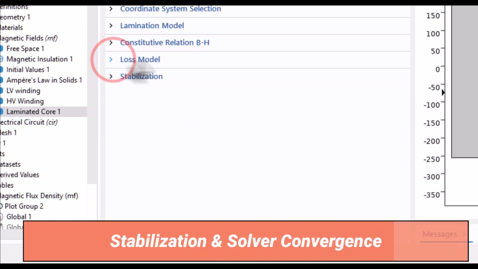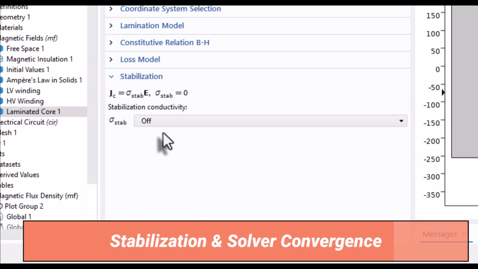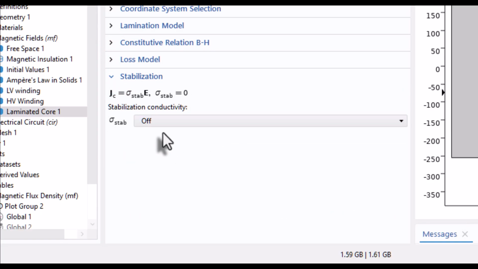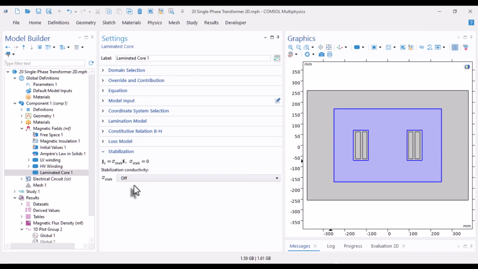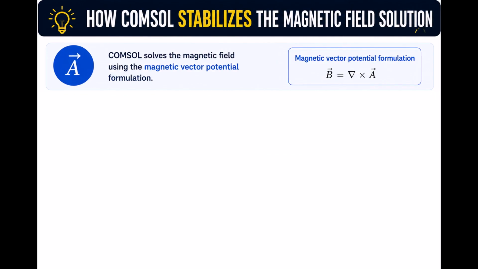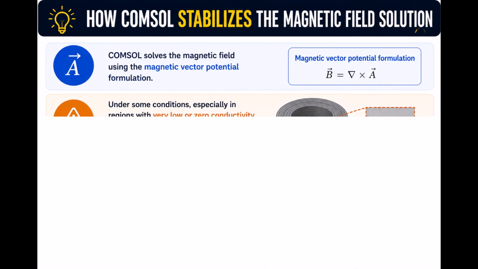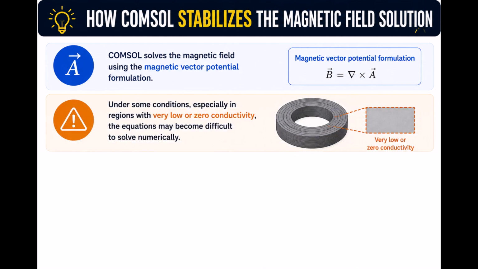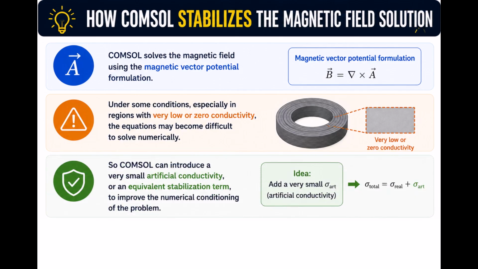Now let's look at stabilization. This setting can be confusing because it may look like another physical property of the core. But in most cases, it is primarily a numerical setting. COMSOL solves the magnetic field using the magnetic vector potential formulation. Under some conditions, especially in regions with very low or zero conductivity, the equations may become difficult to solve numerically. So COMSOL can introduce a very small artificial conductivity or an equivalent stabilization term to improve the numerical conditioning of